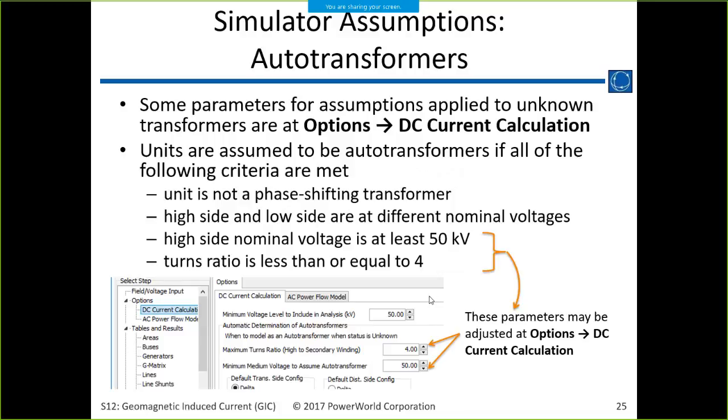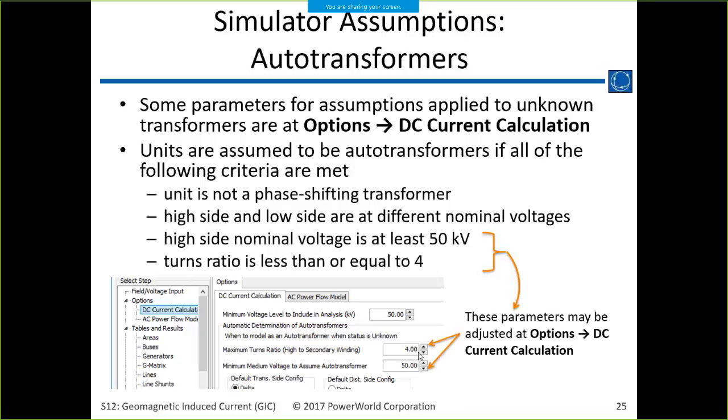There's also, on that DC current calculation tab that I showed earlier, where you can specify the minimum voltage to include for putting the equivalent DC on. There's also some parameters that you can put in for estimating whether or not a transformer is an autotransformer if you don't specify it.